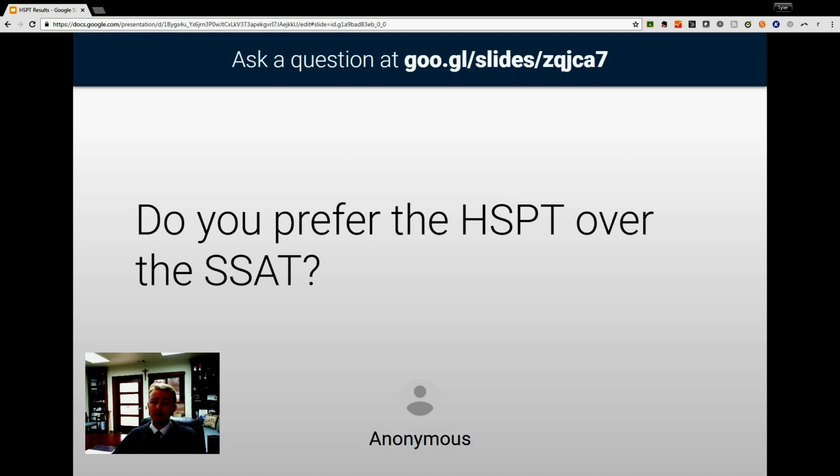Truly those 2 tests are so unique simply because the HSPT, like I said, it's an entrance exam for Catholic high schools throughout the U.S., which cover a greater range of the quality of student that is going on to a Catholic high school. Whereas the SSAT is for prep schools, for independent schools. And so the echelon of students who are going to be studying within an independent school is going to be higher and therefore more competitive. We see the HSPT as the entrance exam for our day students, and the SSAT as the entrance exam for our boarding students. Because the SSAT is available throughout the world, not to mention the US,